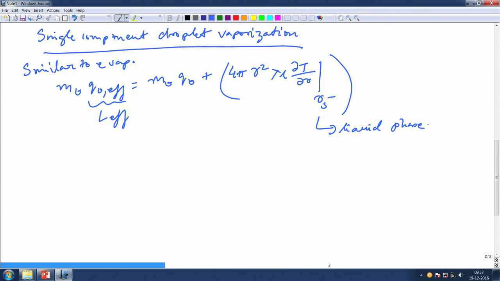This is the heat that is transferred to the liquid phase essentially, right. So, if there is no internal recirculation,